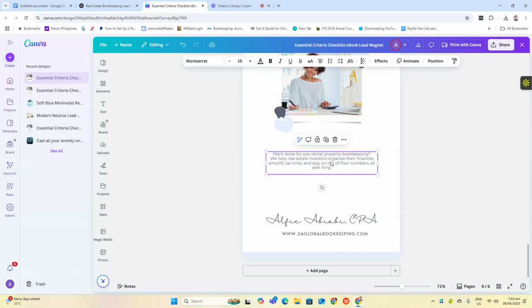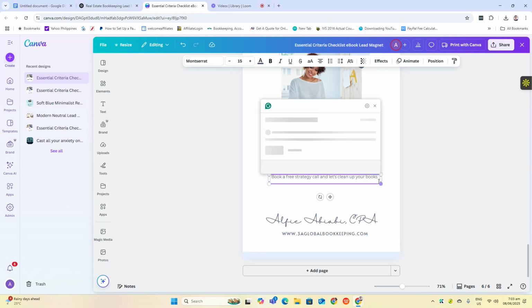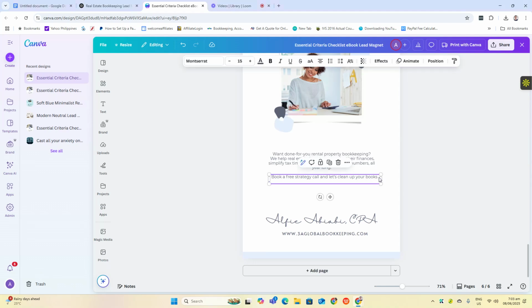Okay, I'm going to duplicate this one. So, going to get my calendar link. Okay, strategy vehicle, and let's clean up your books.